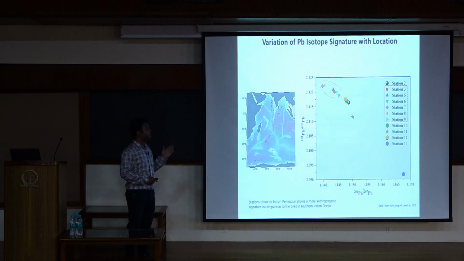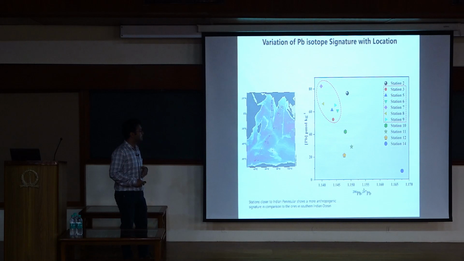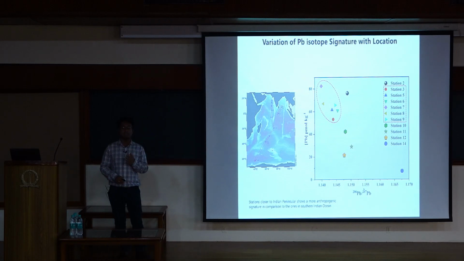And this process is more evident if you look at the lead concentration versus lead isotope. Stations closer to peninsular regions have a high lead concentration, along with a more anthropogenic lead signature, whereas the other stations have a lower lead concentration and less anthropogenic imprint. So this is the scenario that you observe from the samples collected in 2009 and 2010, which is like